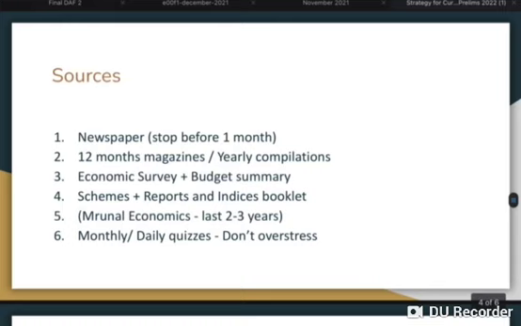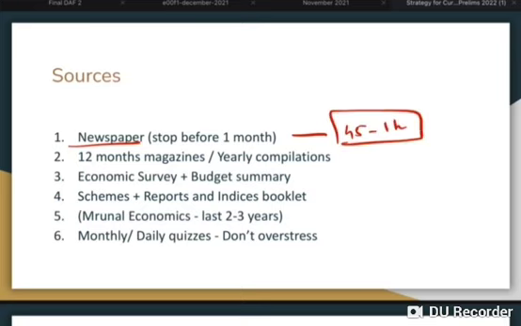The next is what are the sources of current affairs. So first source is newspaper, very important. Every day 45 minutes to 1 hour should be focused on newspaper. Second source is 12 months magazines of any coaching institute. Now this is very important because while newspaper gives us the basic understanding, these magazines cover those issues holistically and in depth. For example, if there is an Afghanistan issue going on, then current affairs magazines will include the history of how the Afghan conquest was done.